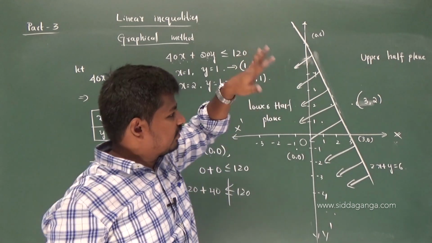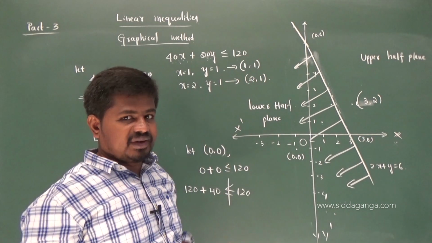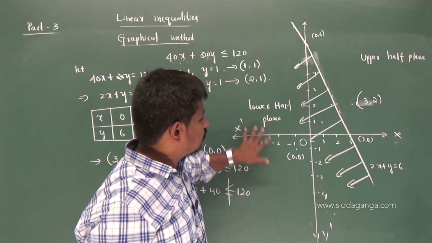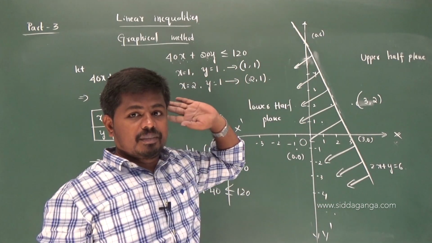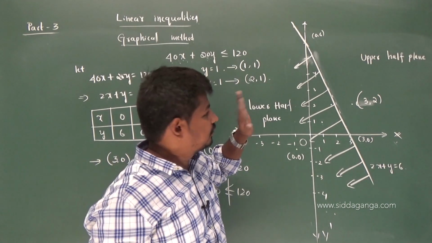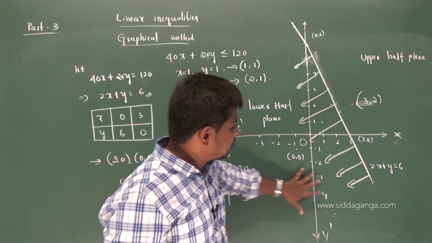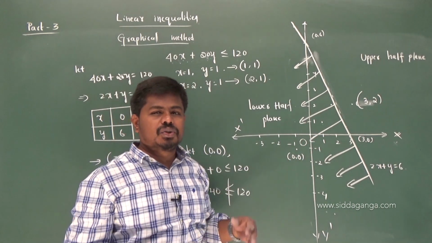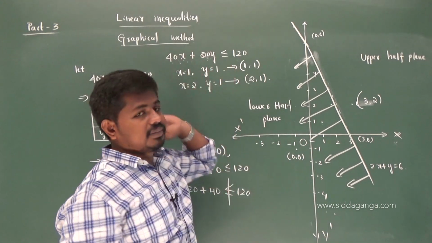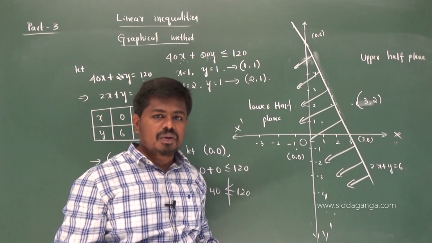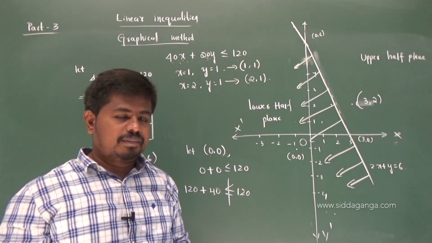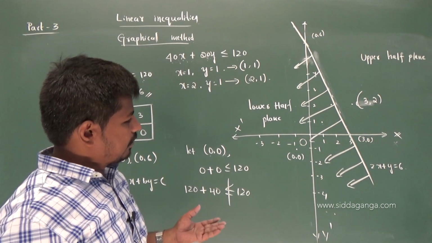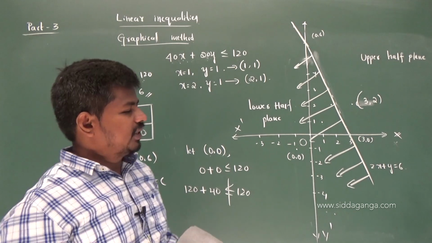We are finding infinitely many solutions using the graphical method. So the points that come in this solution region are all the solutions for this inequality. Yes, the points in this region, that means the lower half plane, become the solutions for the given inequality. That's it. Hope you got it. So this is how we find the solution for the given inequality